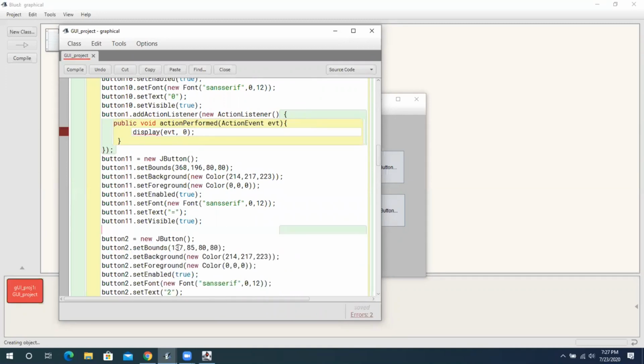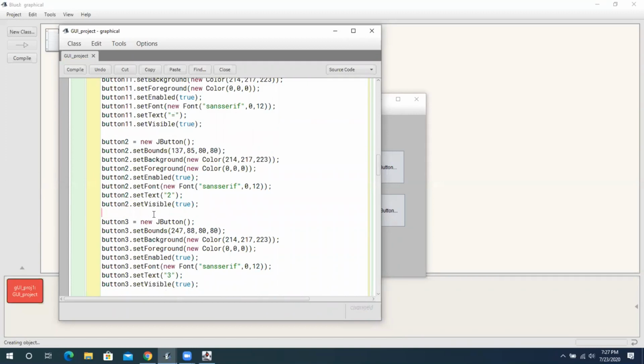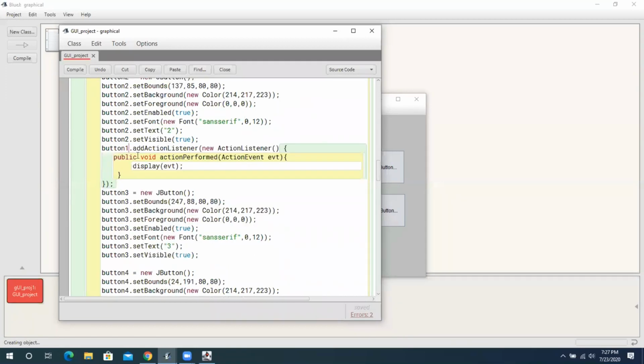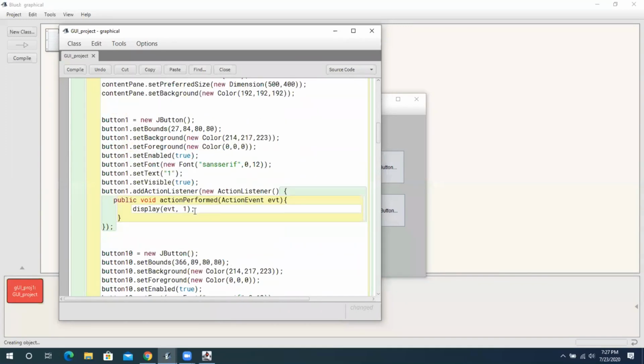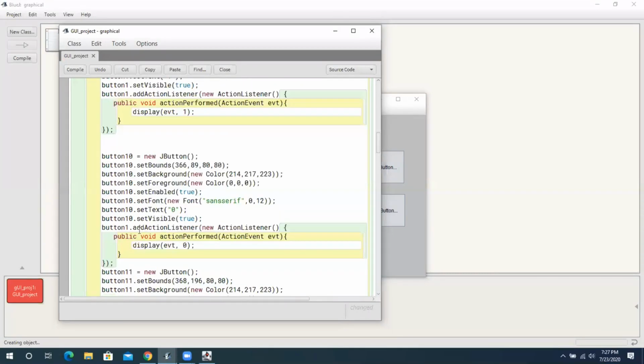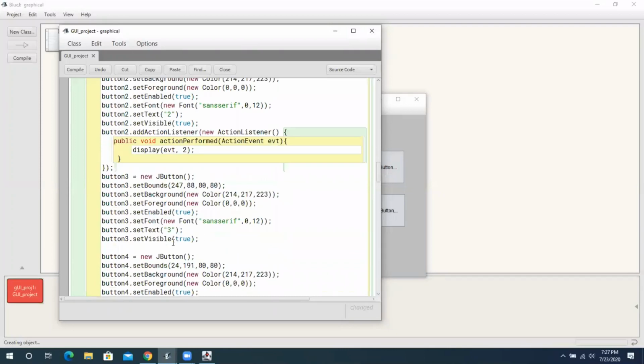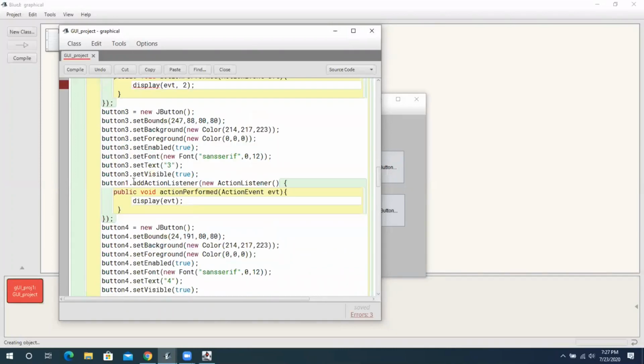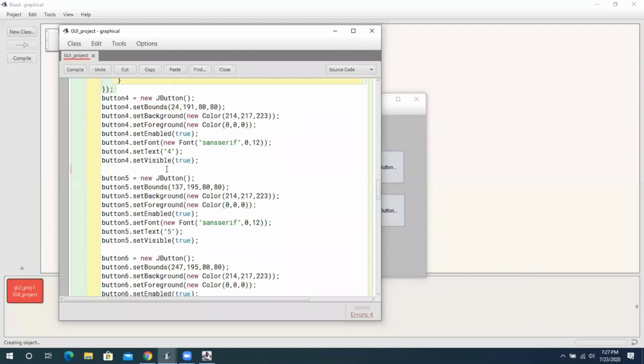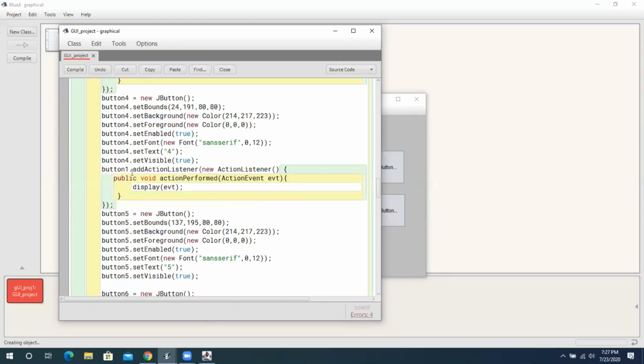So this will take some time, I guess, which isn't ideal, but it's not the end of the world. So while I'm doing this, which is basically just copying and pasting and doing what we did to button 1 to all the other buttons,